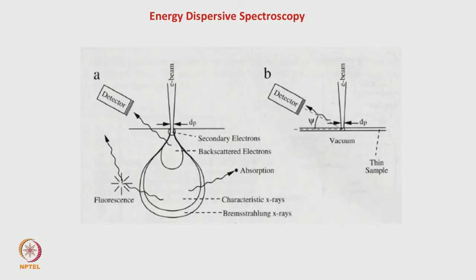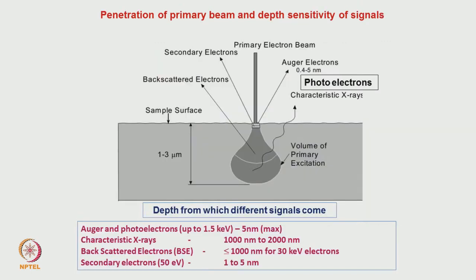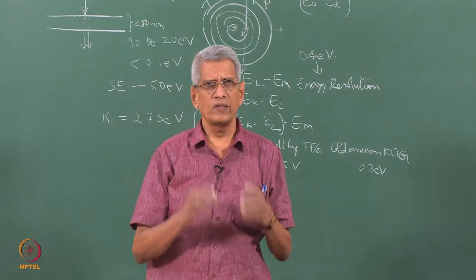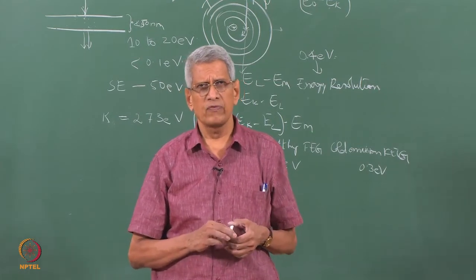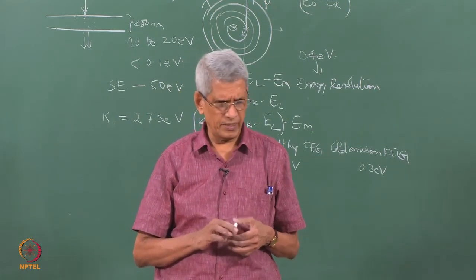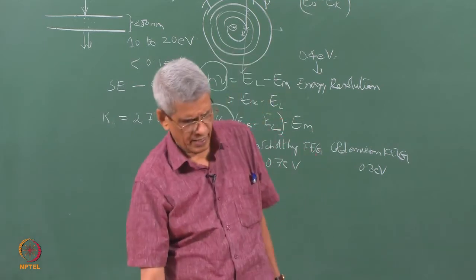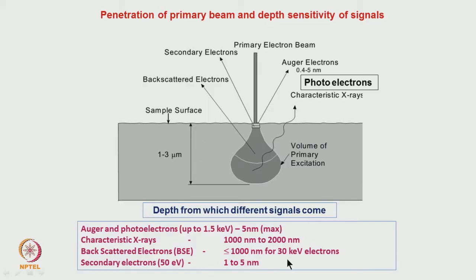Okay. The same technique is being used in SEM also to find out the composition of the element. But what is the advantage of finding out the composition of elements in an electron microscope? Okay. For that we should understand that when the primary electron beam enters onto the sample, for different processes, secondary